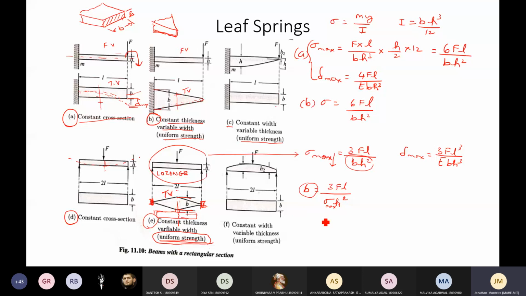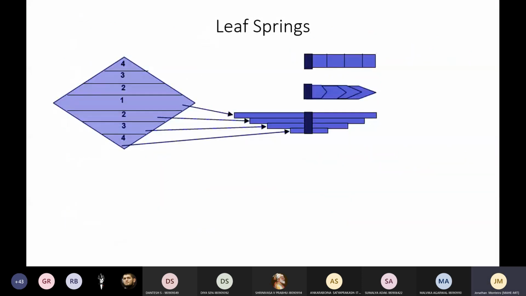What we have to do is restrict this B without sacrificing the uniform strength, and we have an idea, this one. This is the same lozenge shape, and this is the B we are talking about, which is giving us a problem. Say you keep H constant, then the only thing you should modify is B, but you cannot make it very large. It is a very impractical design. So what you can do is strip them into equal lengths or different sets.